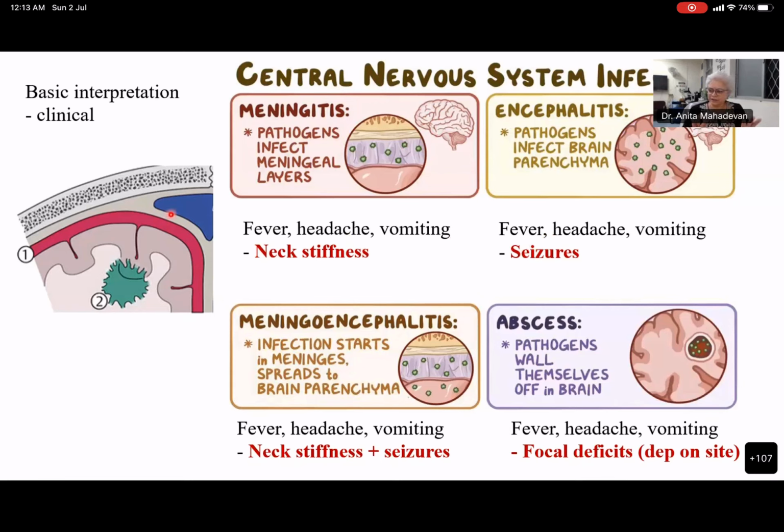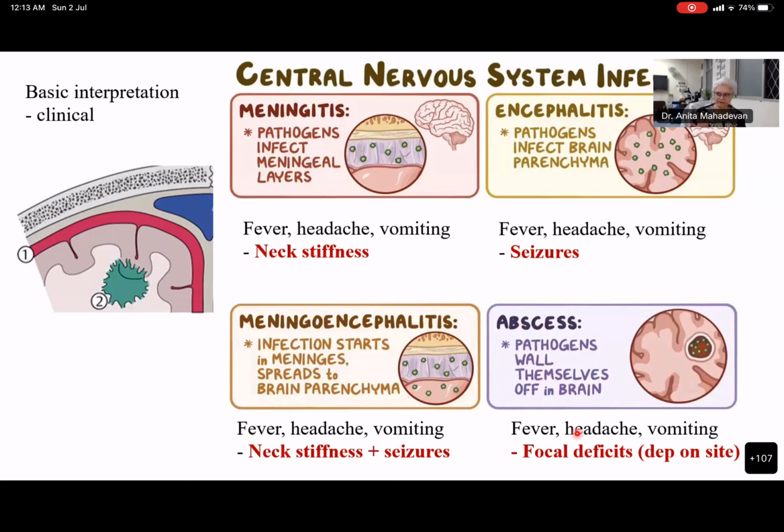because very simply that's where the neurons are. Anything irritating the neurons will produce seizures. Now, if there is neck stiffness with seizures, it's obviously a meningoencephalitis. And if it is going deep-seated to produce, let's say, an abscess or a granuloma, in addition to all of this, you will get focal deficits. It could be a stroke, it could be various kinds of deficits, which is dictated by the site of the